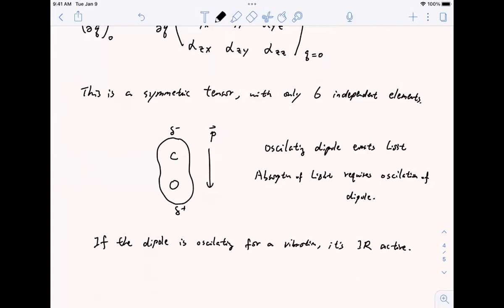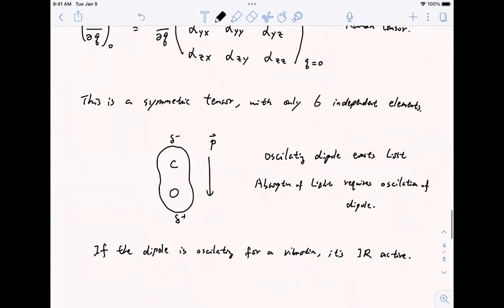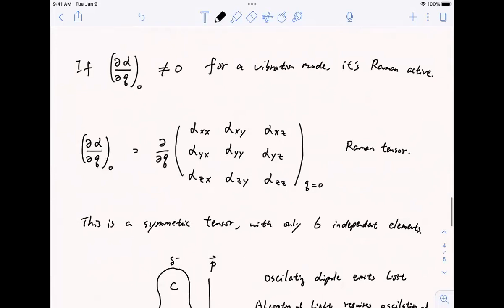If you have a dipole, and when it vibrates, the dipole is also vibrating, then it is called infrared active. That means it can interact with the light, it can emit light, it can also absorb light. Is that okay? So now with this criteria, we can decide whether a mode is